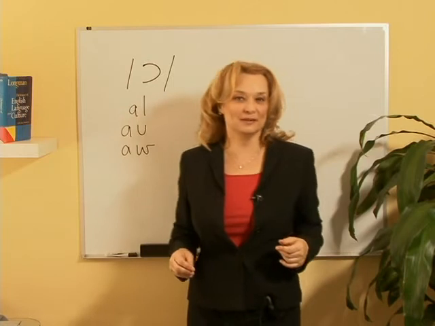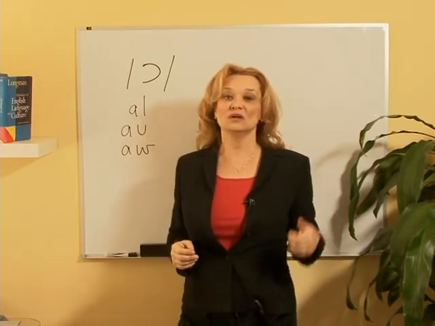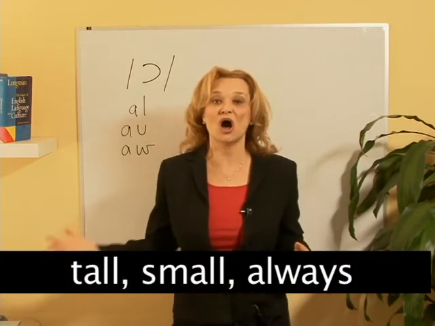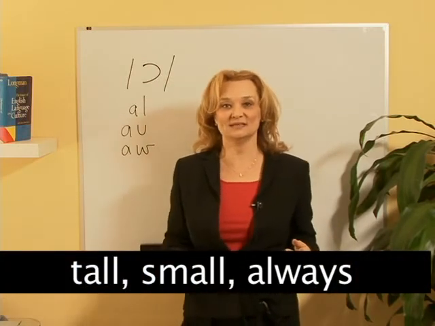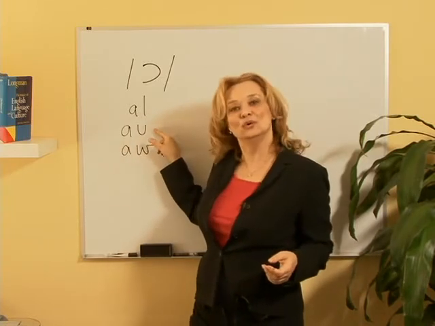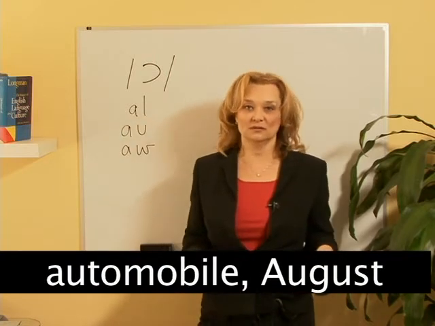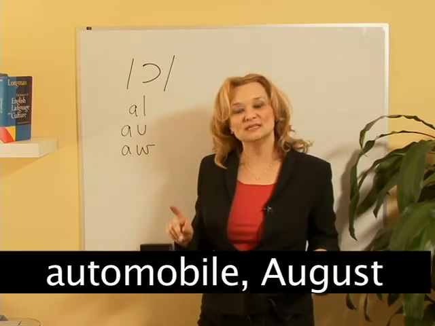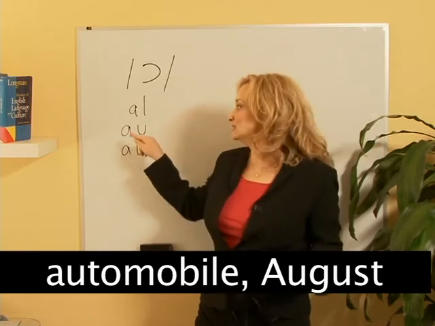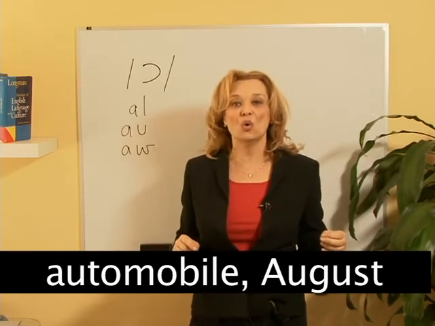The common spelling pattern for this sound is an AL. For example, tall, small, always. Another common spelling pattern is the AU, as in the words auto, automobile, August. We don't say August, we don't say ow, and we don't say the British way, we don't say o, we say